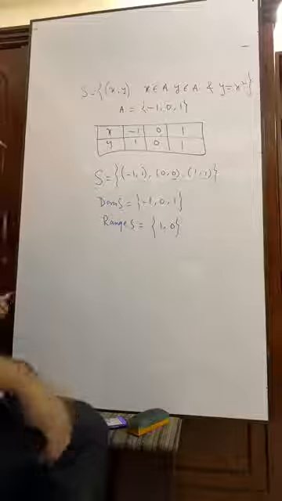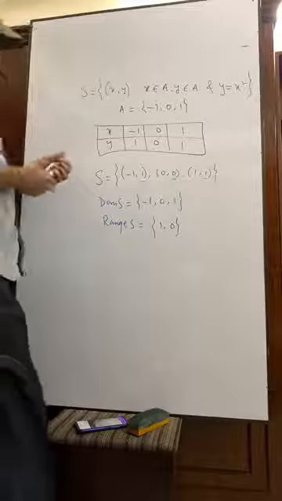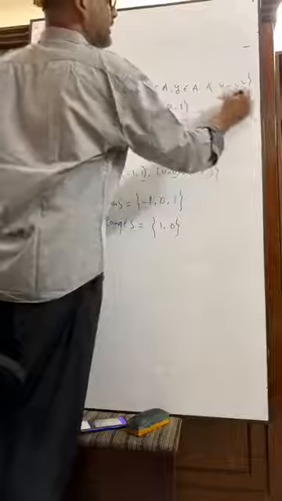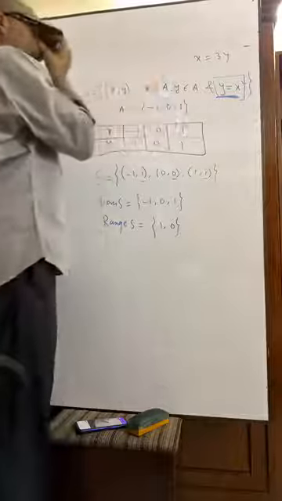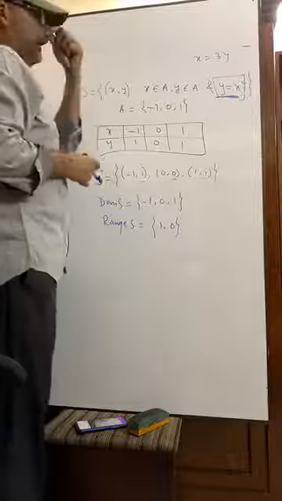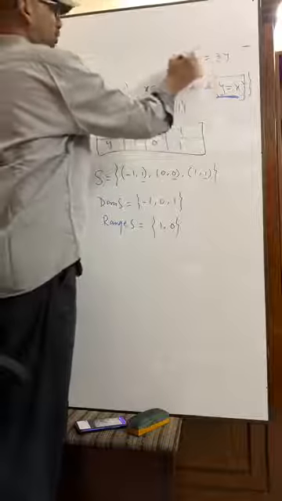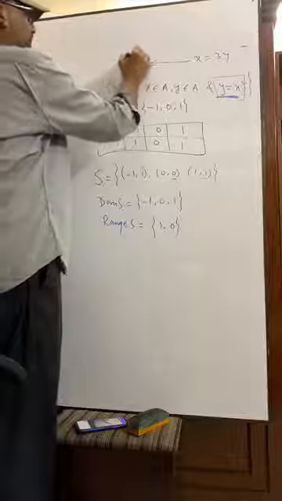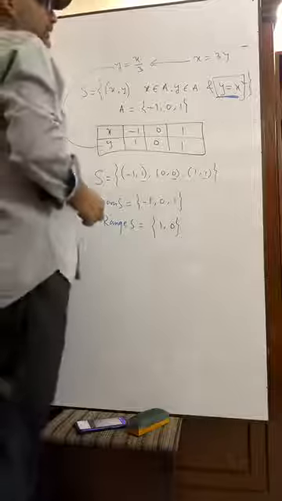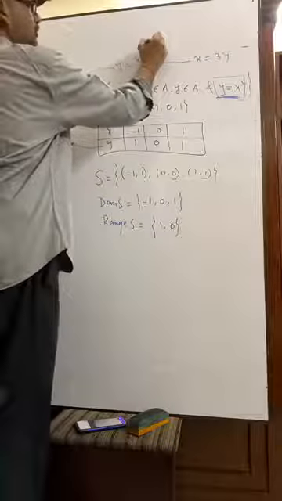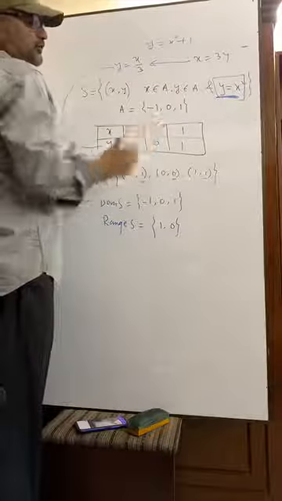Suppose this can be given like this. Suppose x equals to 3y. Then what will you do? X equals to 3y. If x equals to 3y is given, then from here you have to find y equals to x by 3. So you have to write here y equals to x by 3. Okay? Or it can be given like this, y equal to x square plus 1. Nothing, you have to put here 1 plus 1 plus 1. In this way.